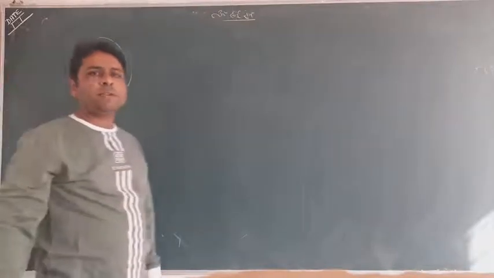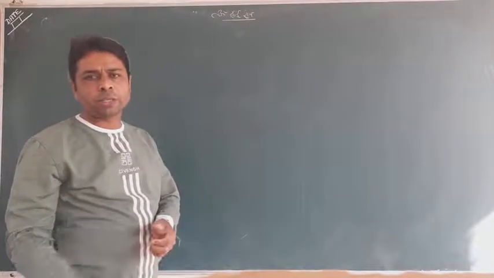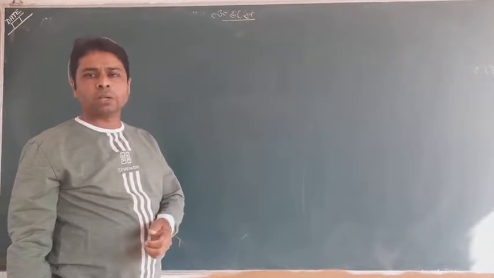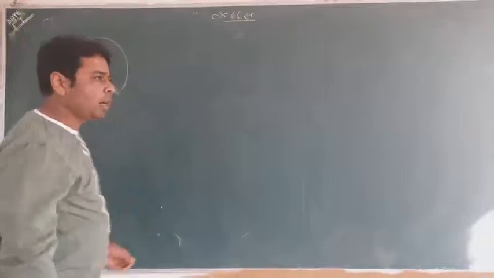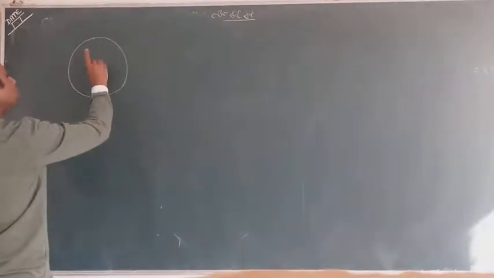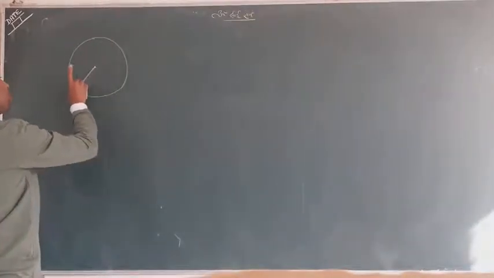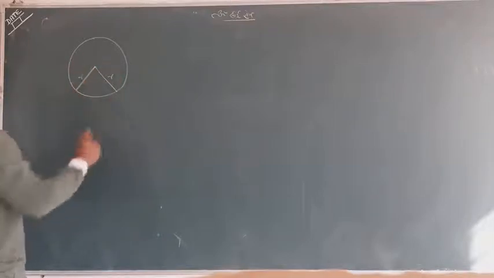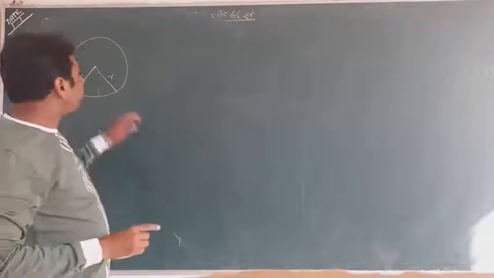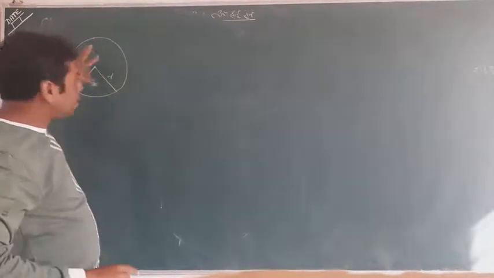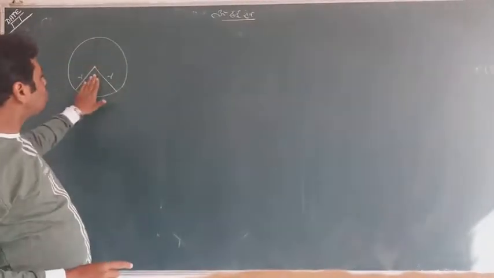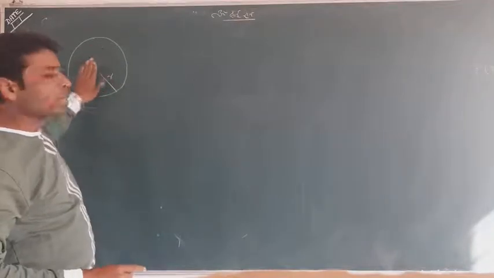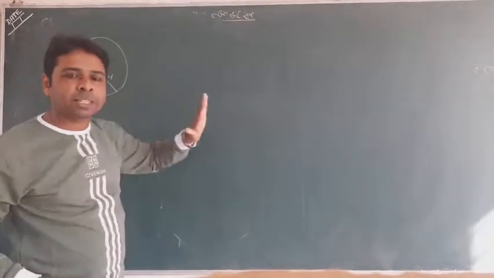Yesterday we saw two things: area of a circle and circumference of a circle. You know that. Now, when we put a center and make two radii, they definitely have the same length. When two radii are drawn, the circle divides into two parts, this region and this region. These are called sectors.